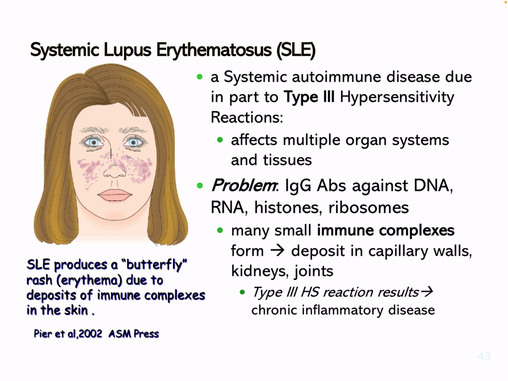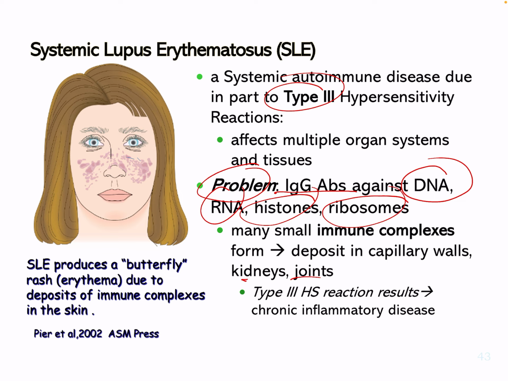Another quite serious condition is systemic lupus erythematosus, or SLE. This is a systemic autoimmune disease due in part to type 3 hypersensitivity reactions. This affects multiple organ systems and tissues. The problem is that we have IgG antibodies against our own DNA, RNA, histones, and ribosomes, so you can already see that's not going to be a good time. Many small immune complexes form, and these deposit in capillary walls, kidneys, and joints. This is a type 3 reaction that results in chronic inflammatory disease and several progressive